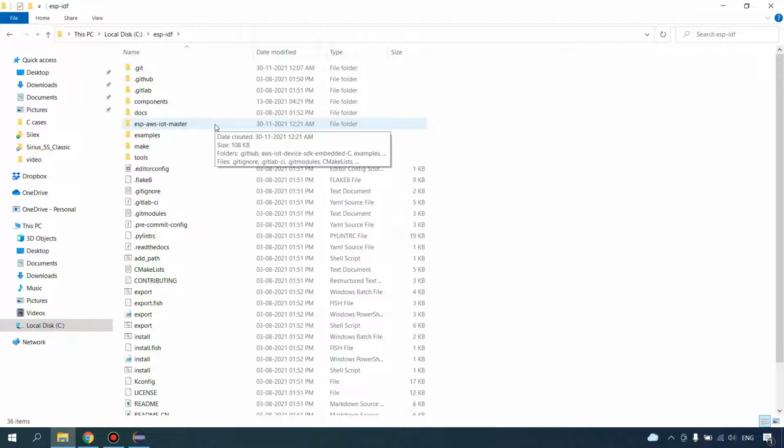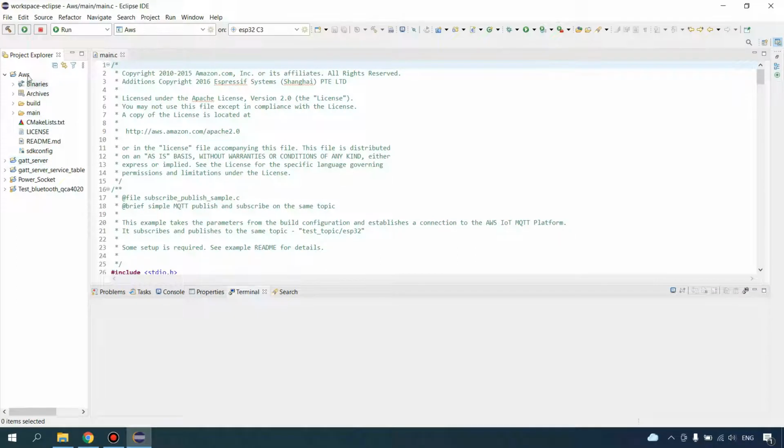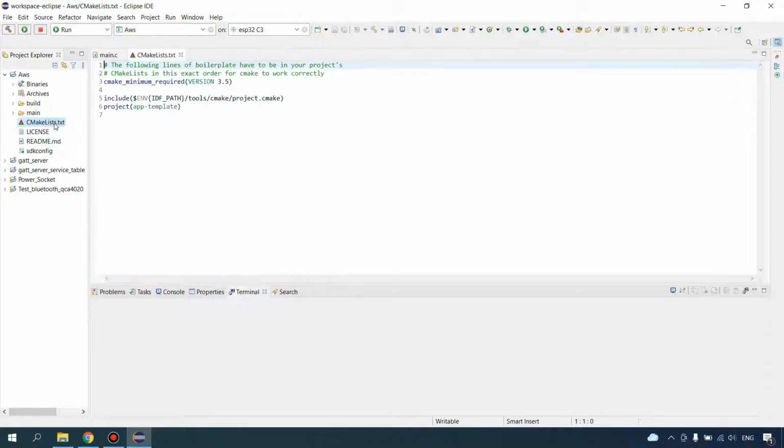So now if I want to add this SDK or library in my project, what I need to do is go to the project, the main CMakeLists.txt file, this one, open this, and you need to add this extra component directory command here with its path. So here the path will come where your directory is present, and this is the command to add the extra component directory.